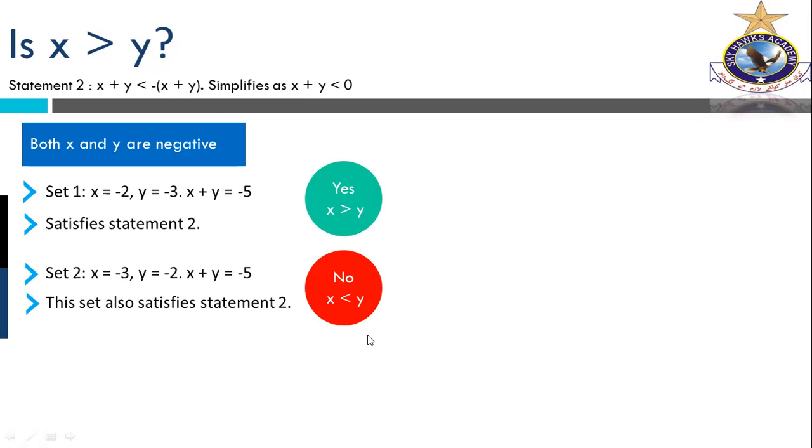Look at this. This time we are just replacing this value. Although 3 is greater in magnitude, with the negative sign this will become lesser. Are you getting this? Although the statements are true, they are satisfying everything, the main question is not